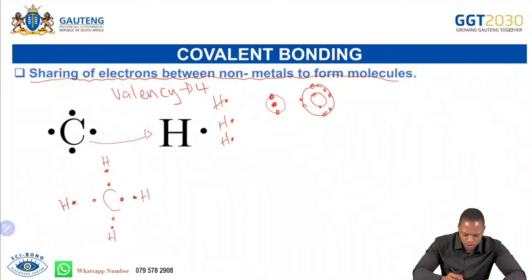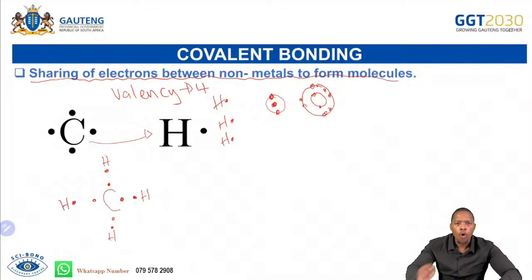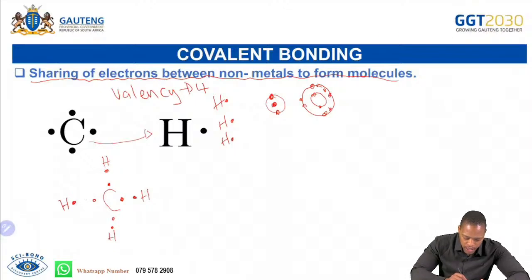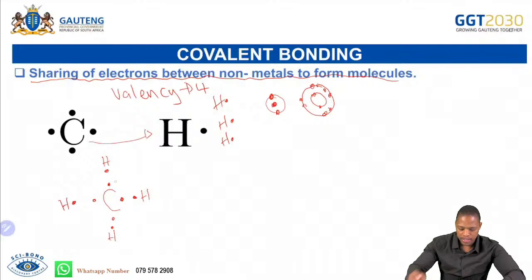These electrons are going to be spending some time on hydrogen, and they'll be spending some time on carbon. So both of them are happy in this case. Now carbon is happy. Okay, right. Now, after they have shared these electrons like this, as you have seen how I have represented them,